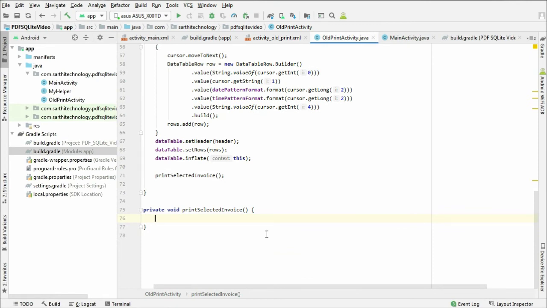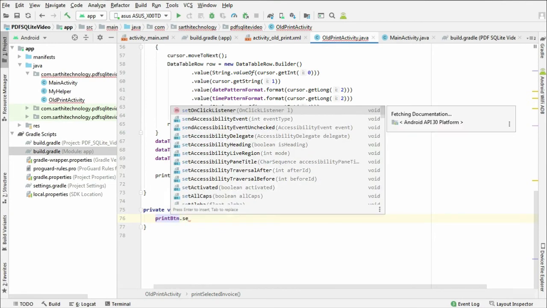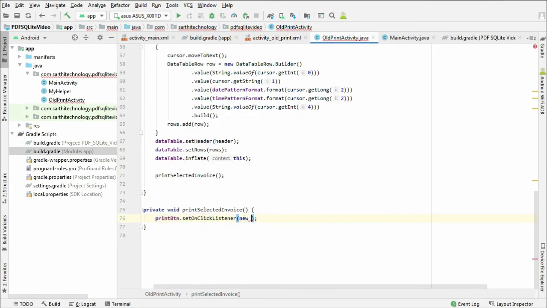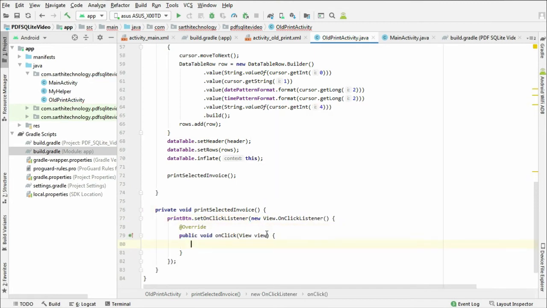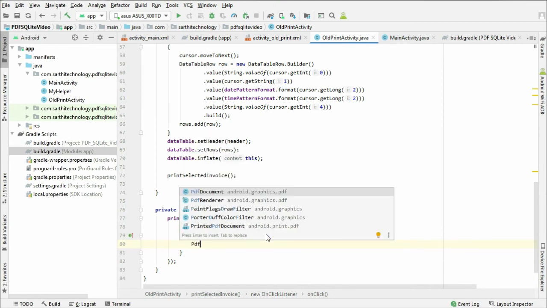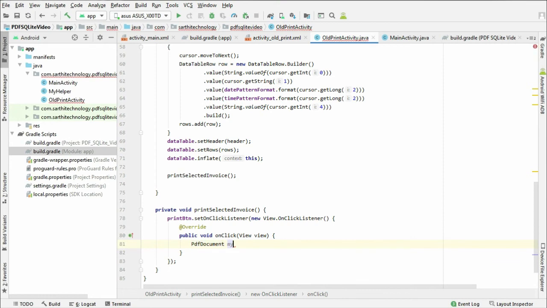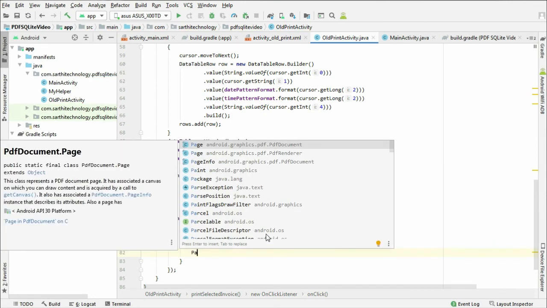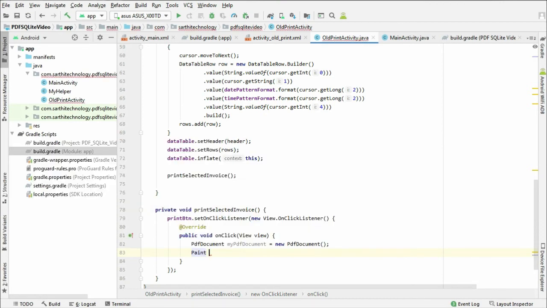And here print button dot set on click listener, new on click listener. Okay, so here we will create an object of PDF document, my PDF document. Okay, paint, my paint.